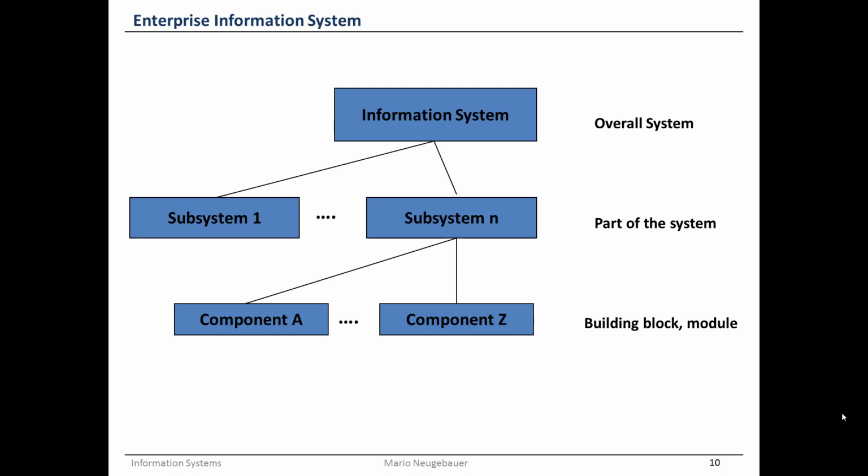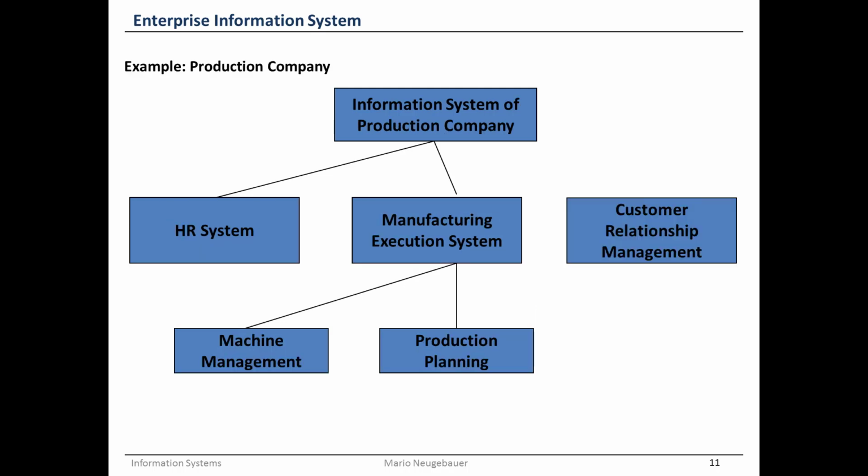And within a subsystem, there might be components as well. Components focusing on one very special part of these subsystems, focusing with a set of functions, for example. And to make it more concrete, let's have a look at an arbitrary production company. There might be this information system, the enterprise information system of a certain production company, and this production company